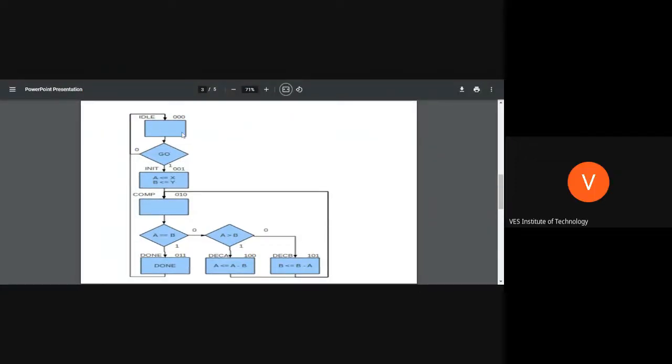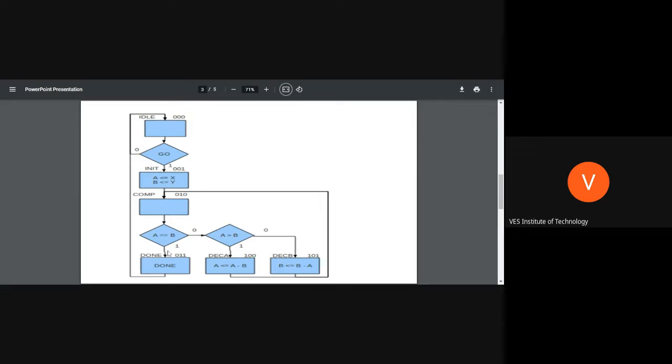Okay. Now see this. Ideally, we start at 0, 0, 0. Everything is idle. Then if reset is made 0 and we get enabled, then what we do, we assign x to a, y to b. This is a general C algorithm, how we do in C programming or in software coding. So we compare it.